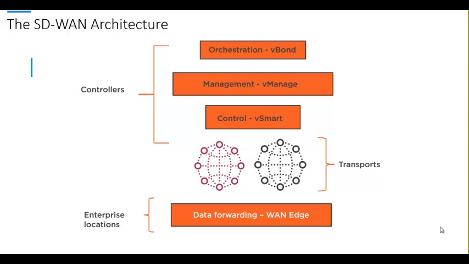See, P1 communication, a secured tunnel over a best path, and that is provided by this transport internet in the middle. So we may have multiple connections. One may be MPLS, one may be LTE, another may be internet. Using all this physical path, we want to overlay. We want the tunnel,